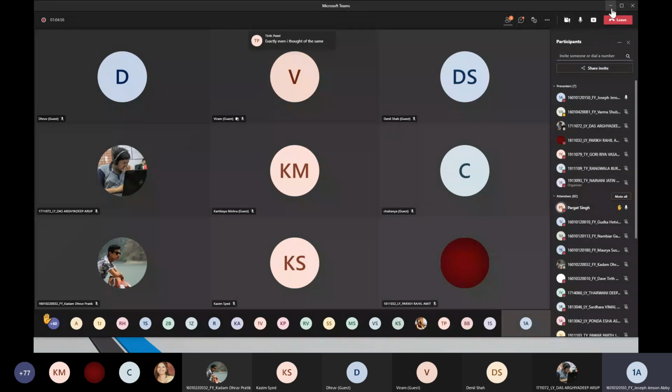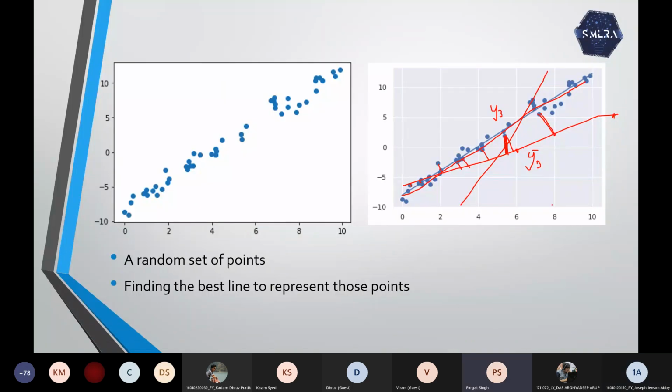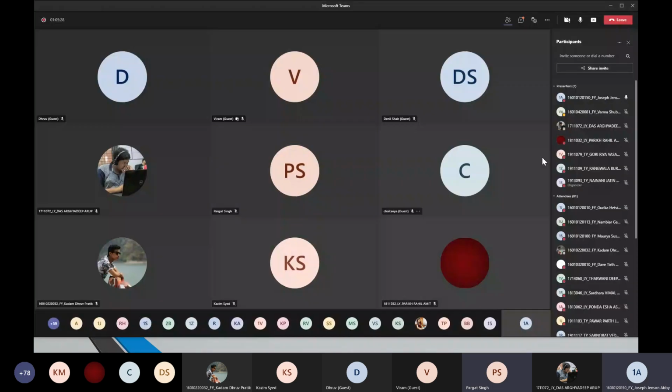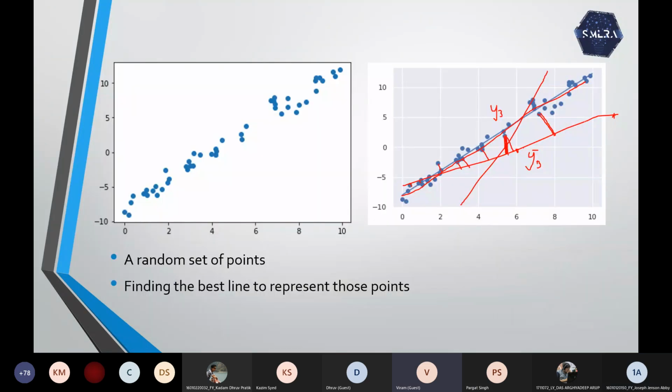I wanted to ask, is this the only algorithm that can be used for linear regression, or are there other algorithms out there? This algorithm is called ordinary least squares. This is the most popular algorithm for linear regression. Another term for linear regression is ordinary least squares. For plotting the data, you have many algorithms for finding the relation also. But this is the method used for linear regression, or ordinary least squares. Okay, thank you.